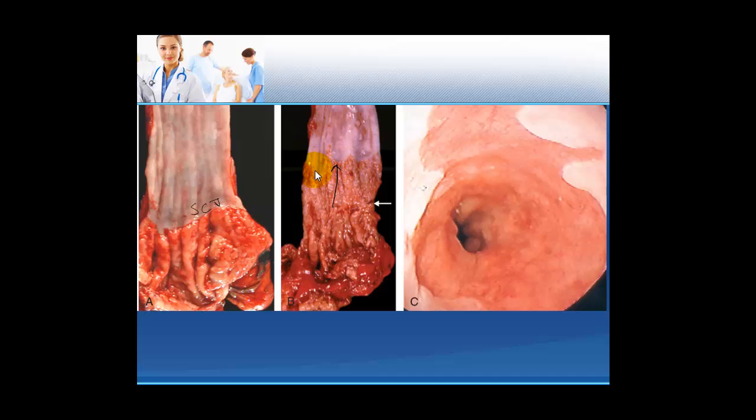Here you can see that it is an irregular, jagged arrangement, something like this. If I am able to follow it, this is an arrangement which you can see over here, right? This is quite jagged and it is moving all the way up, and you can also see some areas with punctate hemorrhages, small hemorrhagic areas. So here we know that there is replacement of this area, which normally should have been a squamous area, by